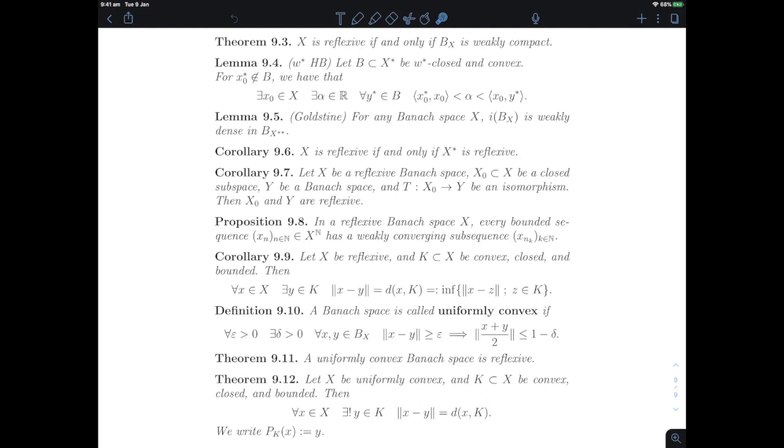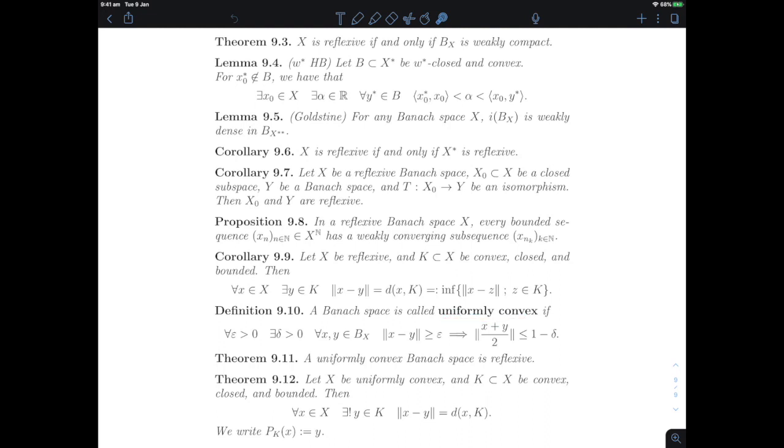Now, that looks like a projection onto such a convex, closed, and bounded set, which is a central result that we have in Hilbert spaces, the existence of a projection onto a convex set. Here, first of all, our sets will have to be bounded, convex, and closed. But the problem is that this y here that we would like to be the projection won't in general be unique. So we'll need to make a little detour and talk about uniformly convex Banach spaces.